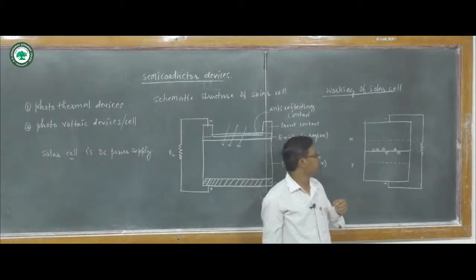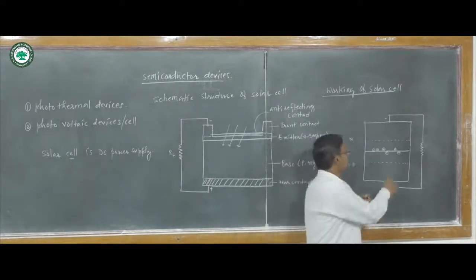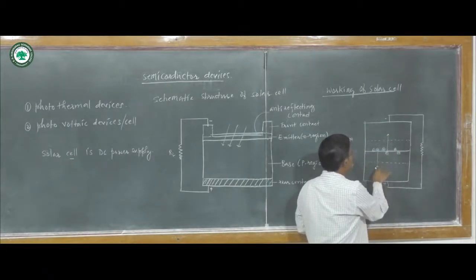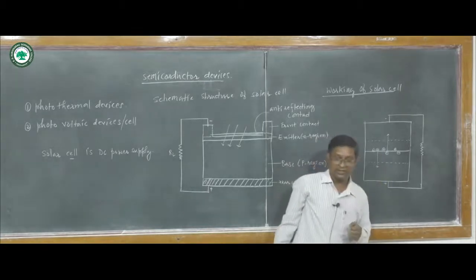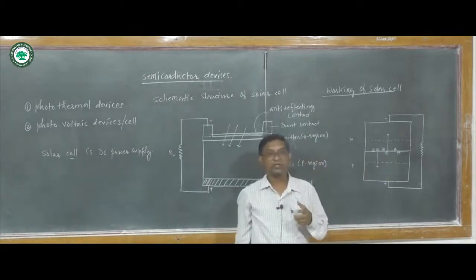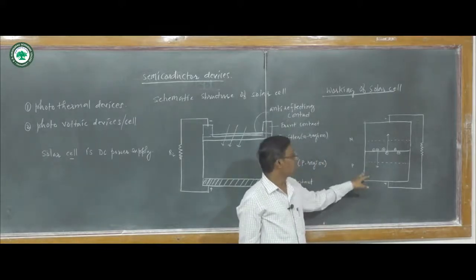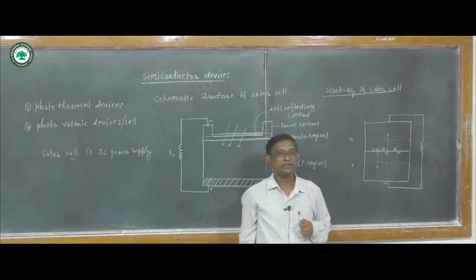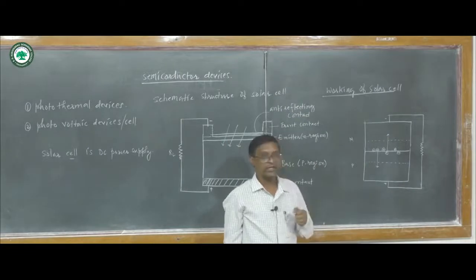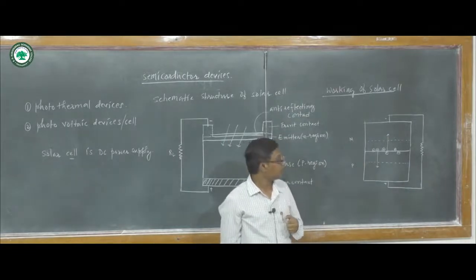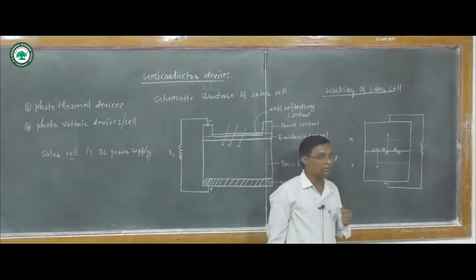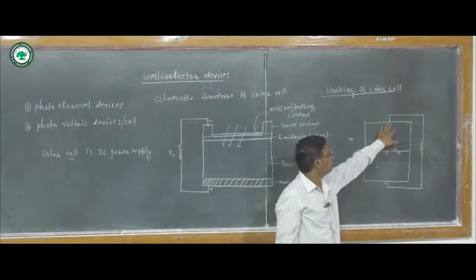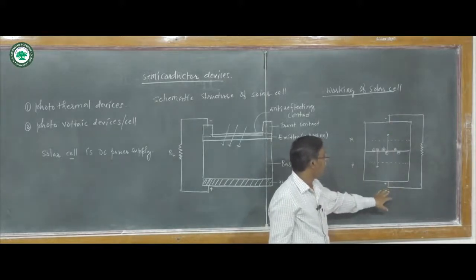The electrons in the depletion layer reach the n-type material and holes reach the p-type material, where in the n-type material the electrons become the majority carriers, and the holes reaching the p region become the majority carriers there. And the intrinsic electric field in this depletion layer makes the electrons and holes accumulate at the electrodes of the solar cell.